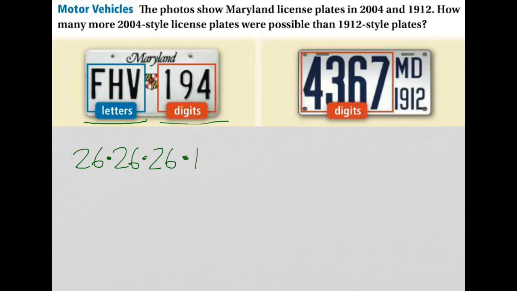And then we have 10 options for our first number, and 10 options for our second number, and 10 options for our third number. So we are multiplying the number of possibilities at each stage of the game all together. 26 times 26 times 26 times 10 times 10 times 10. And that number, which should be, I believe, 17,576,000